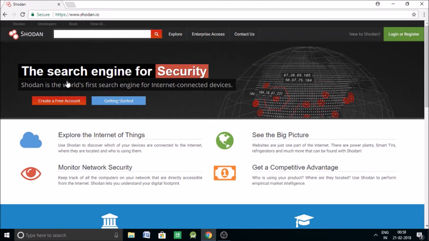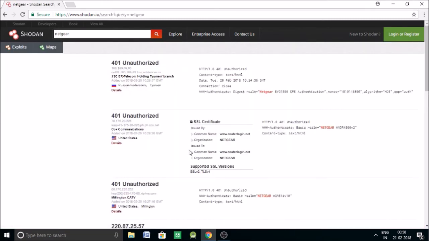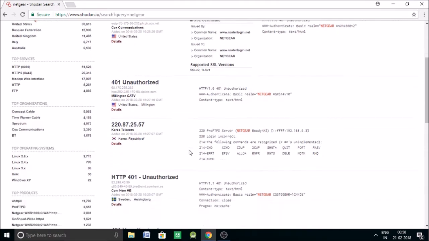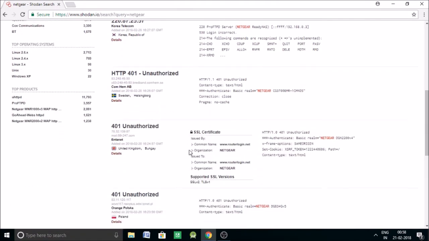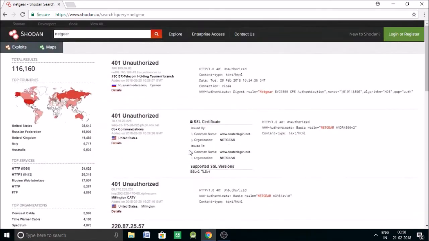For example, a well-known router manufacturer is Netgear. So if you type Netgear in the search bar, you can find all the routers of Netgear. As you can see, all of the Netgear manufacturer's devices. And now if you want to find a certain vulnerability, for example, vulnerable routers might have the default password. So if you just type in default password in the search